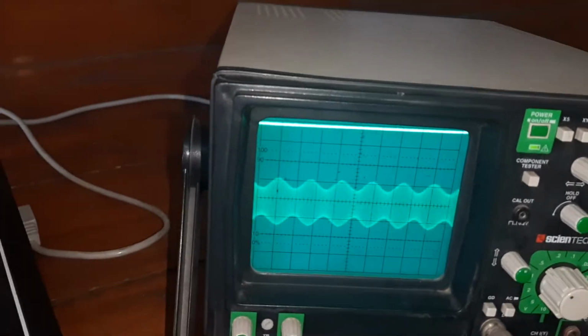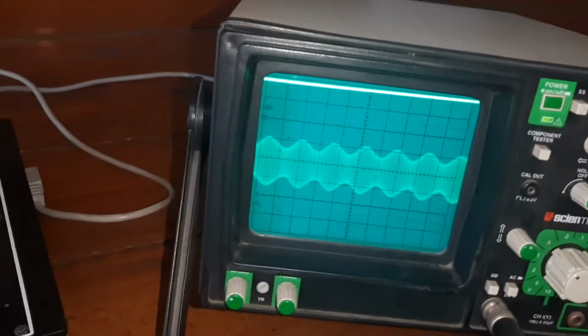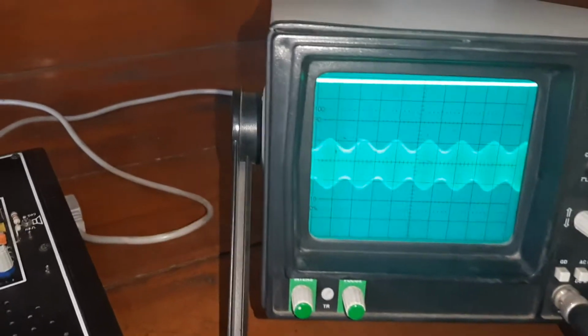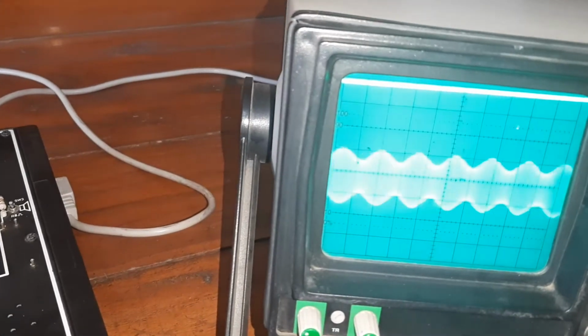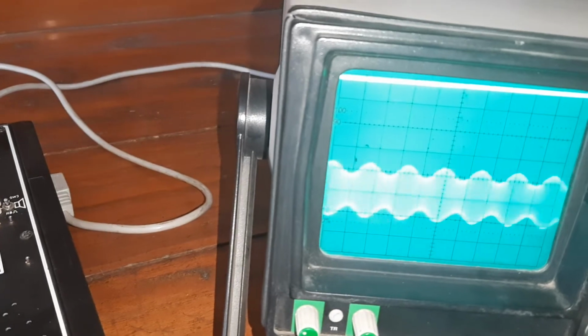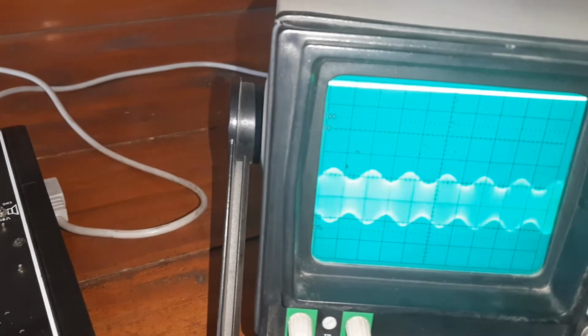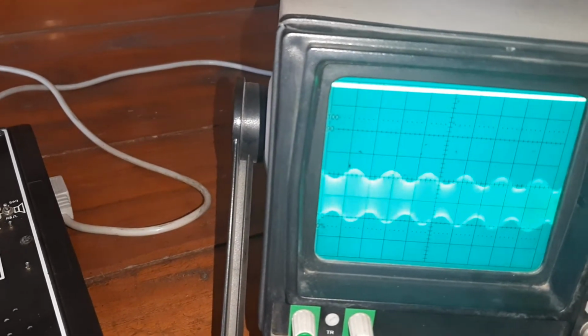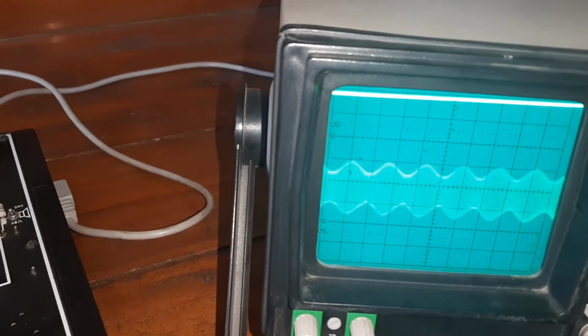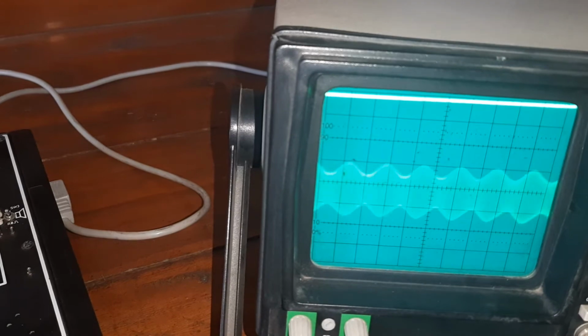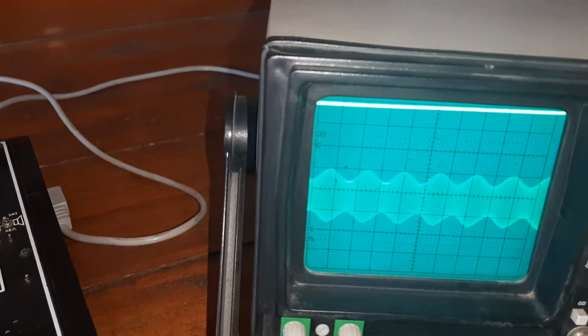Now if you are observing the double sideband amplitude modulation, first we need to check the total peak to peak amplitude, that is Vmax. We need to stop this screen, then only we can take the values.